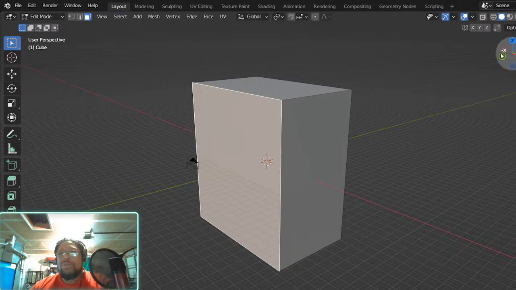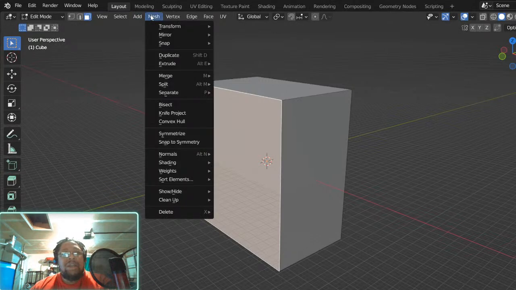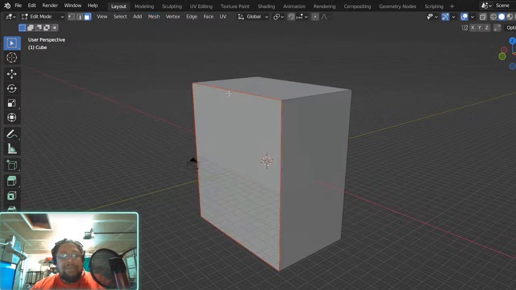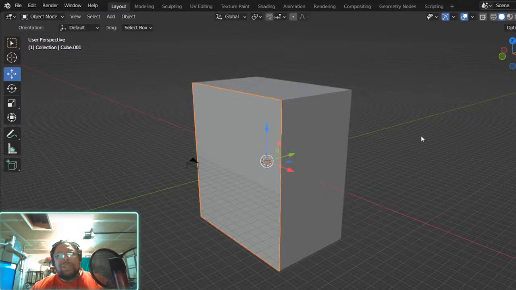So I am going to separate you: Mesh, Separate by Selection, boom, back into object mode. Let's get that. We're going to name that front elevator wall.